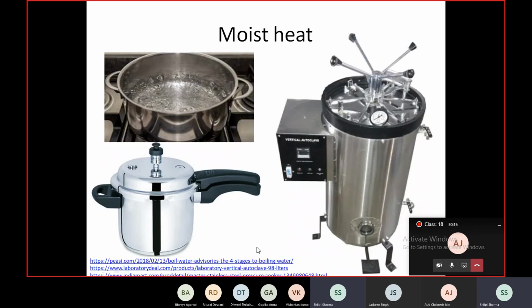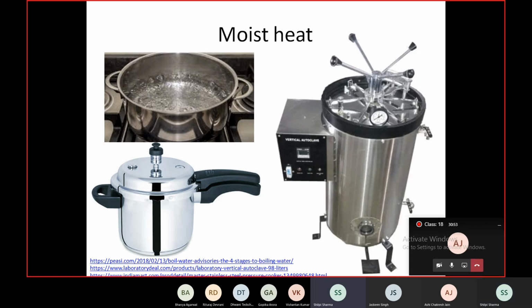Then moist heat is used in the form of water vapor, like I said, steam to kill microorganisms, and boiling we have been practicing as a classic example since ages. Under moist heat treatment, the mechanism of sterilization is different. The microbial proteins undergo irreversible denaturation, unlike just burning in the last case, that is the dry heat. Most of the vegetative cells are killed within just a couple of minutes. But for spores, of course, a longer duration is required, maybe in the order of hours for destruction of bacterial spores.